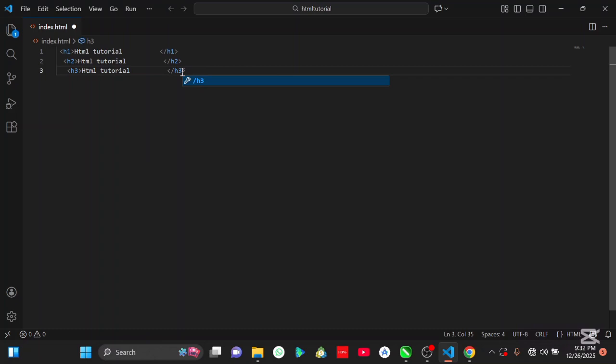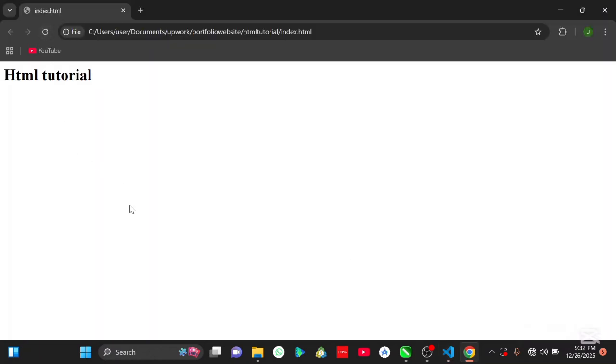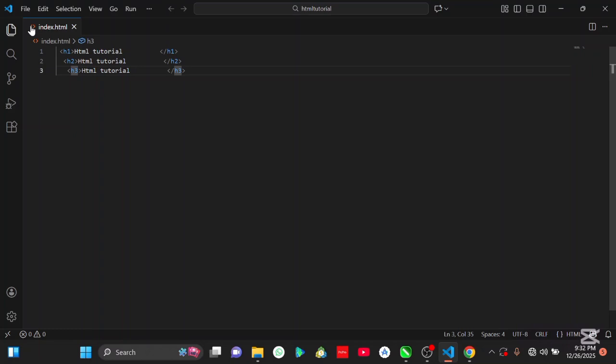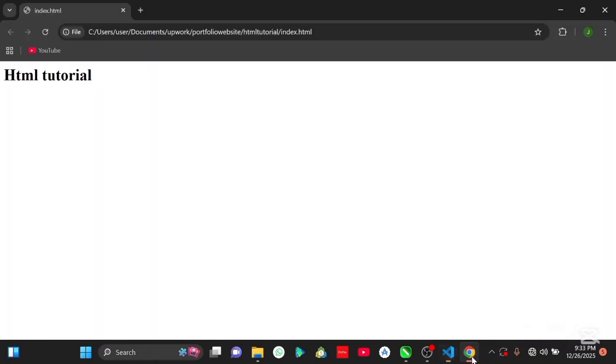Then I press Control and save, and if I refresh, you can see that there is no change in our browser. That is because we have already saved it in the index.html inside the code editor, but the browser we have not refreshed. So to refresh, you're just going to press that one, and now you can see